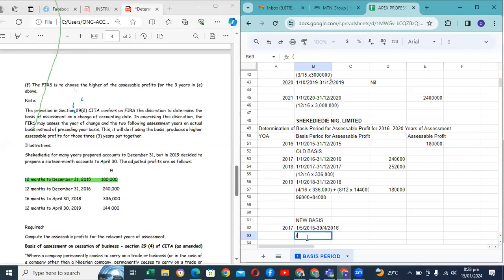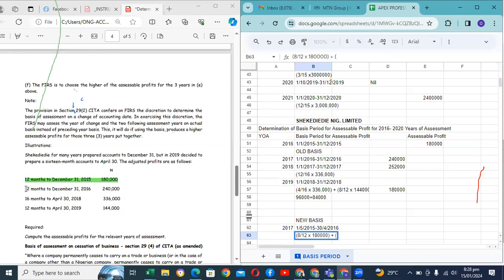So how many months do we have from May to December? May, June, July, August, September... 8 months. So we have 8 months, Abi. 8 over 12 times 180,000 plus